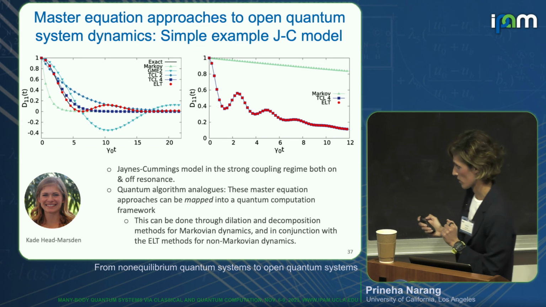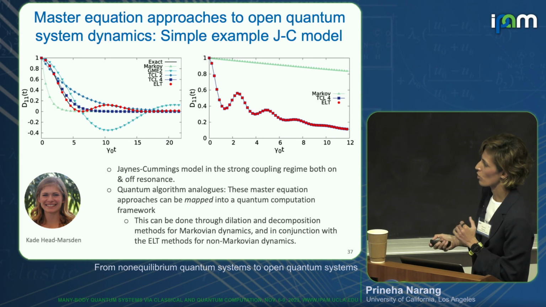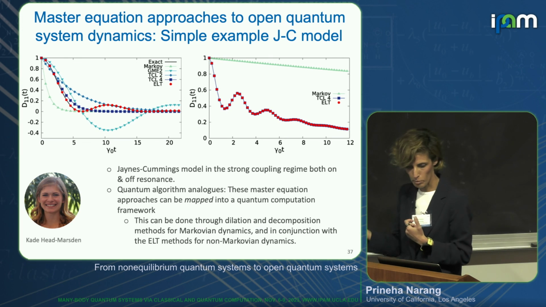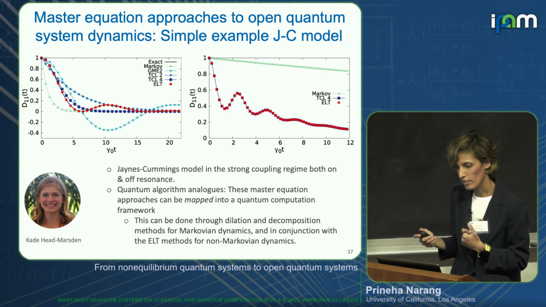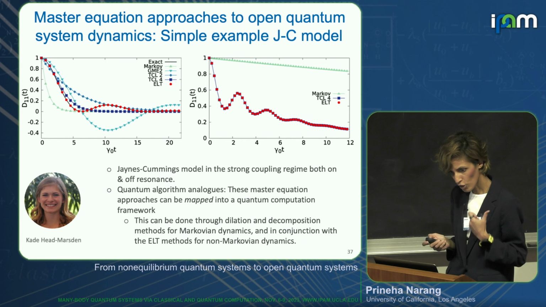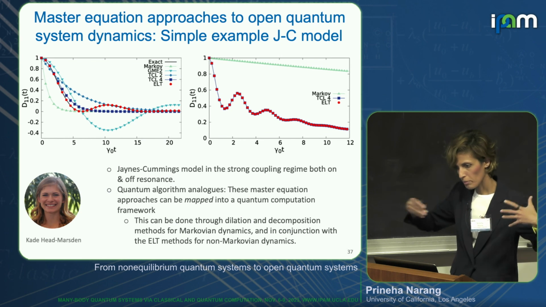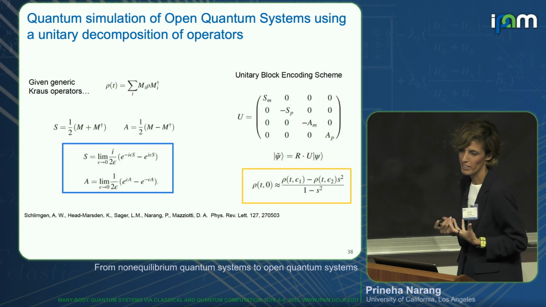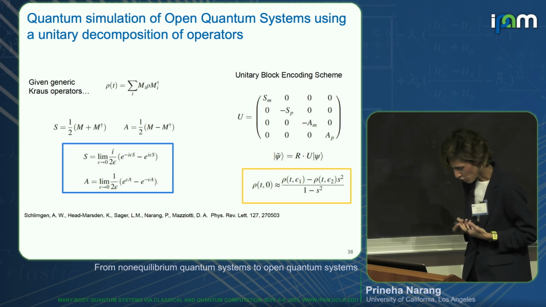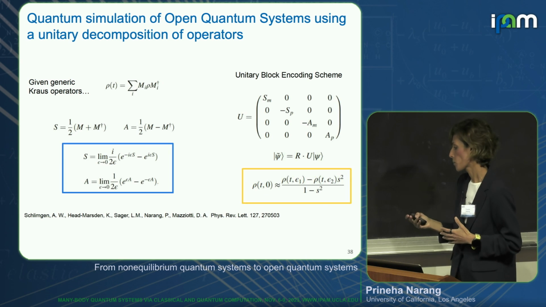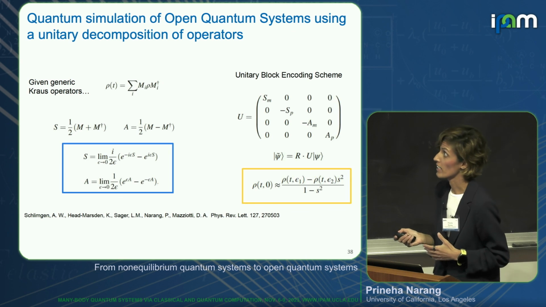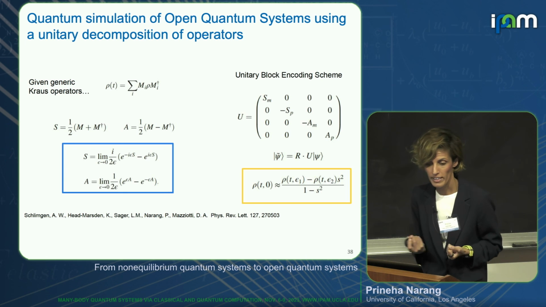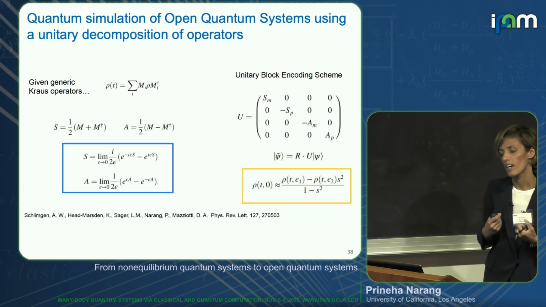other condensed matter systems. So what we do here is go through a set of dilation decomposition methods, plus this ensemble method to actually capture the non-Markovian behavior. So perhaps the question that's been coming up a little bit, and just to kind of prime things a little bit here, is do we need things to be in this ensemble method in order to be calculated? And I argue no. In fact, there are other approaches to thinking about simulating open quantum systems using quantum devices,